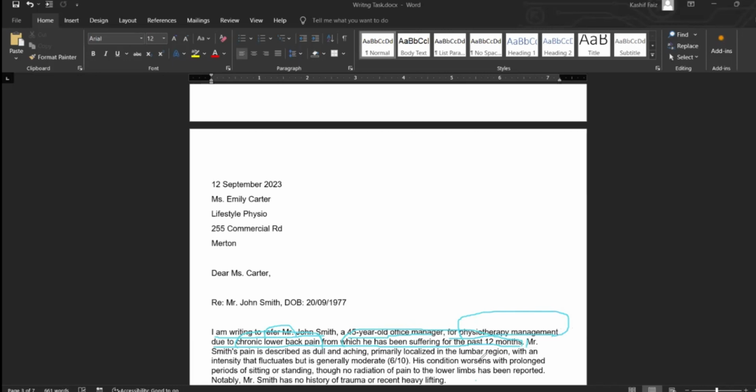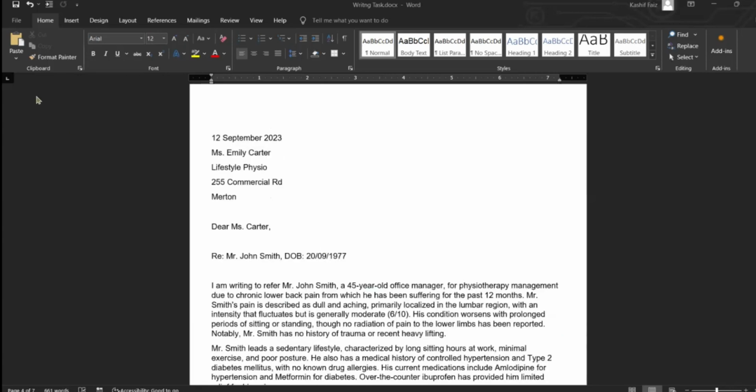I'm referring for the physiotherapy management. What is the cause? Chronic lower back pain from which he has been suffering for the past 12 months. Okay, now that I've mentioned enough information in the first paragraph, in the second paragraph,